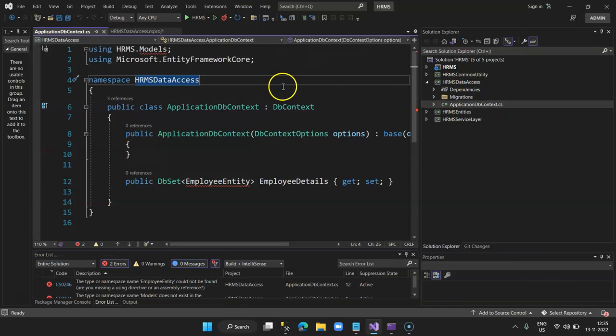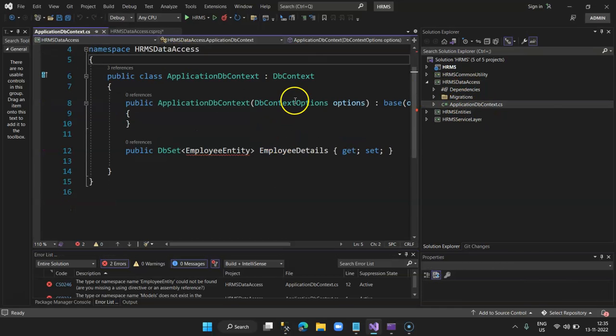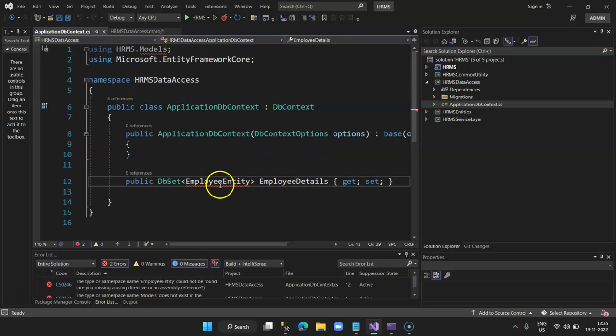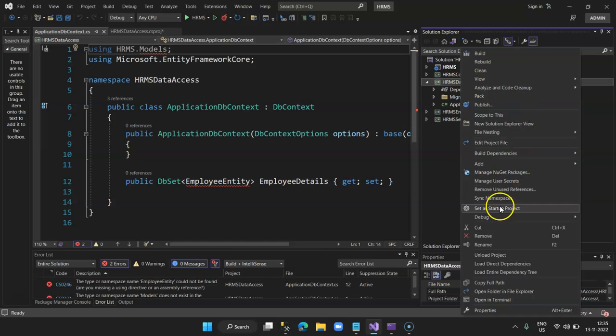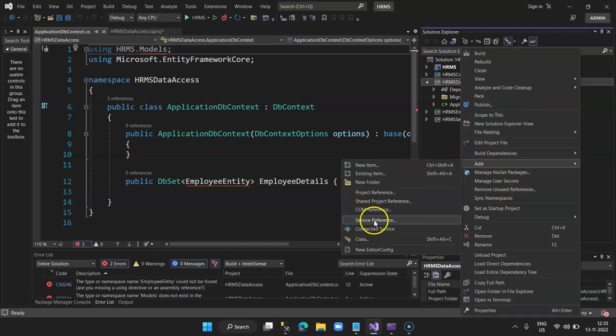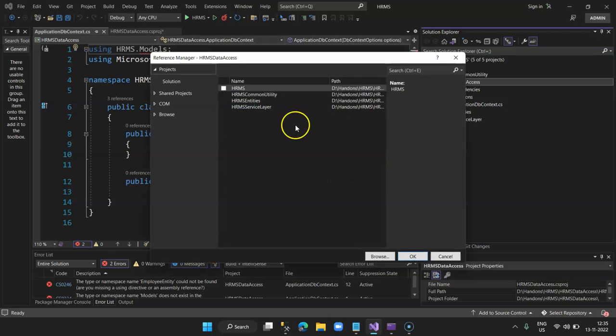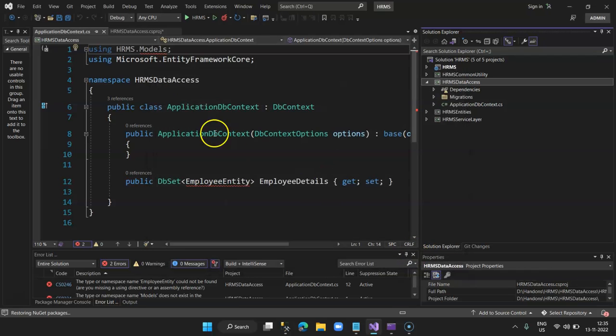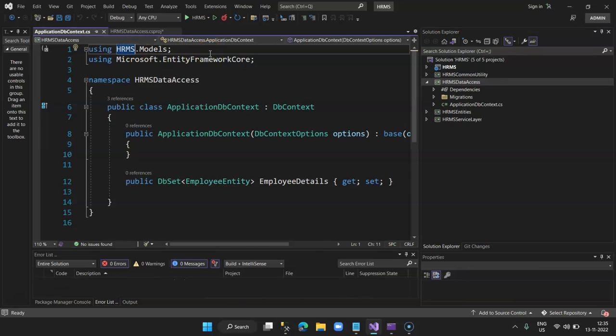So we have installed that, and we should be able to see that the error is gone. Now we don't have this showing an error in HRMS models because the reference has changed. It has become HRMS entity. So right click on your HRMS data access, click on add, and select project reference and select entity. Click on OK, and we are going to say HRMS entity